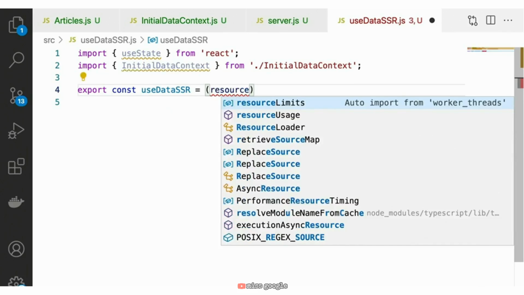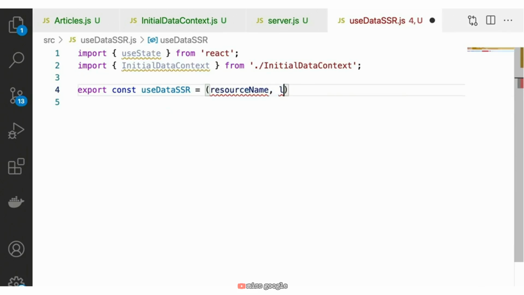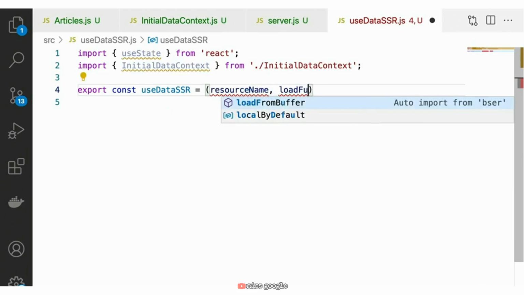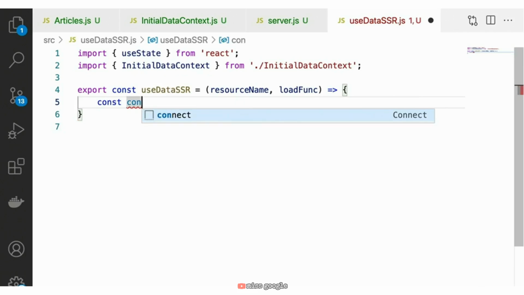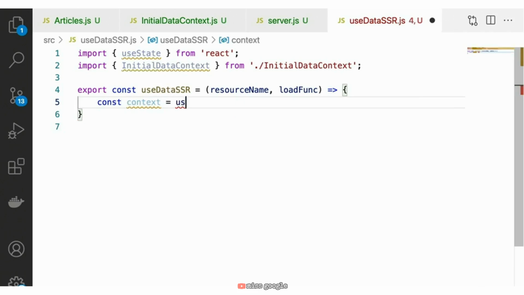The first is going to be an argument called resourceName, and the second one is going to be an argument called loadFunc. Okay. So the next thing we're going to do is get the current value of our initial data context by saying const context equals useContext